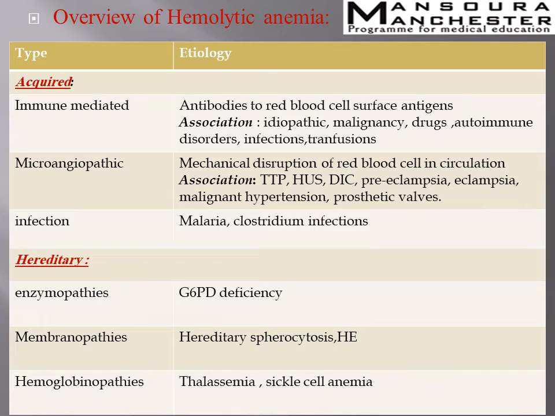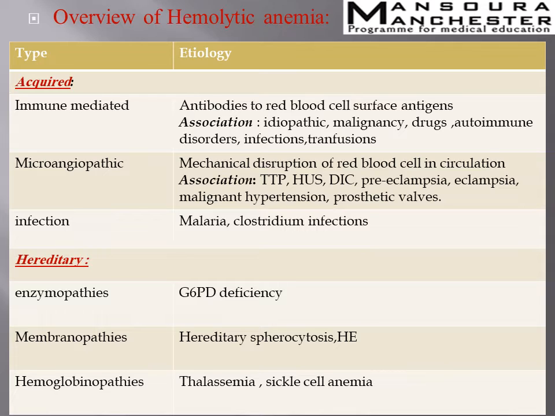Hemolytic anemias are classified into hereditary hemolytic anemias and acquired hemolytic anemias. Hereditary hemolytic anemias consist of defects in the membrane, in the form of hereditary elliptocytosis and hereditary spherocytosis; metabolic defects in the form of G6PD and pyruvate kinase deficiency; and hemoglobinopathies, for example, thalassemia and sickle